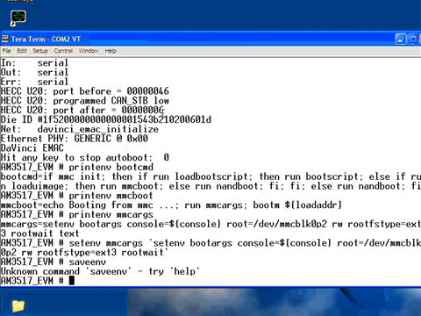You see there's an unknown command, save environment. This isn't a bug. We actually recompiled U-Boot and took the save environment option out. The reason for this is that save environment will save to the NAND flash on the board. And what we found is if people have been using the board and they had their own U-Boot settings, then